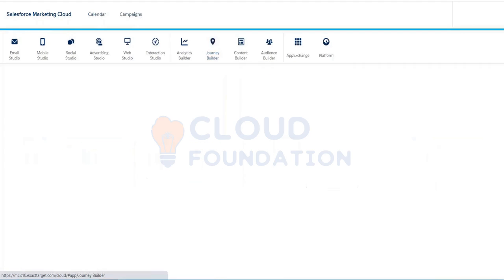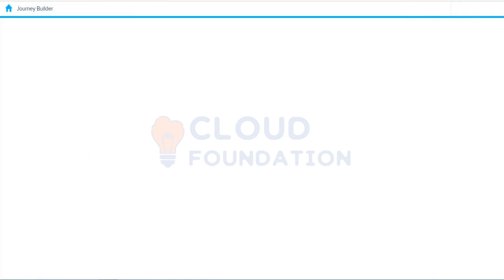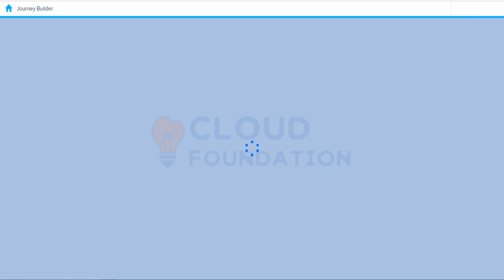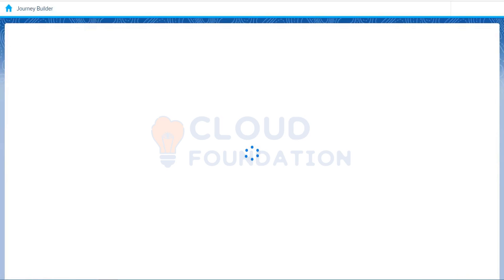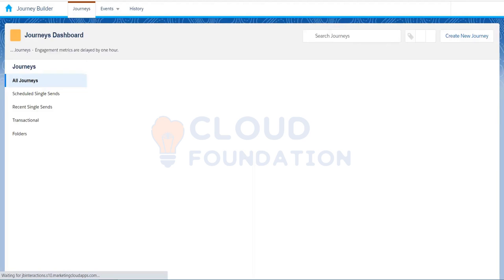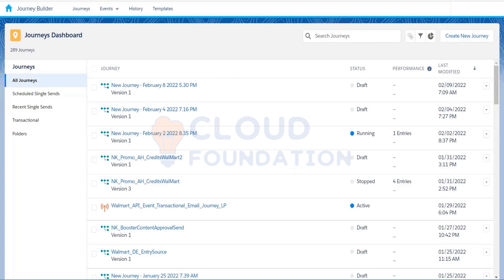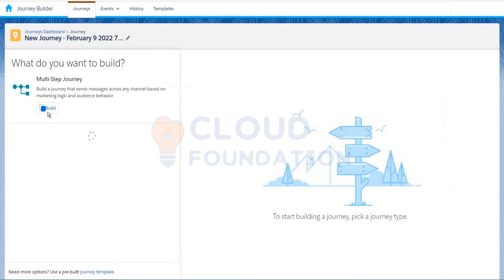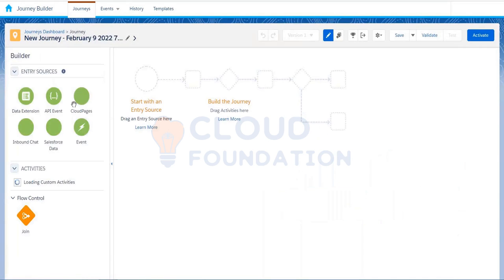And we have plenty of data entry sources. You can use a data extension as an entry source. You can create and segment them, and you can use it as an entry source for your journey. You can also use an event. You can also use an API. Suppose you have the data in some other sources, but you don't have it in Salesforce. In that situation, you have to send it from a different server. How do we use this API call here? That is also something that we will be talking about.